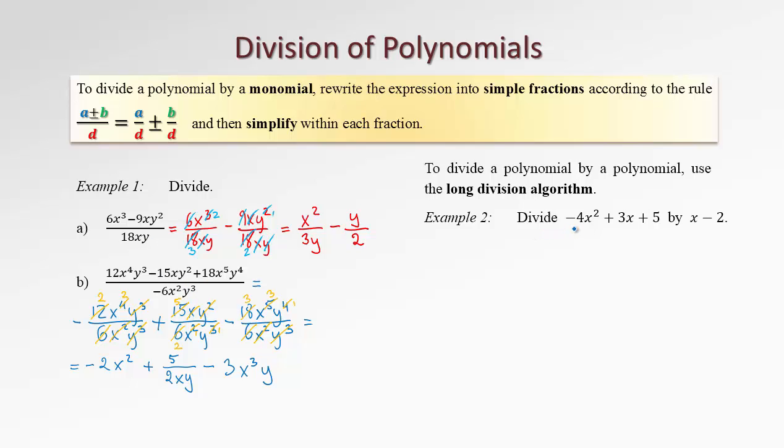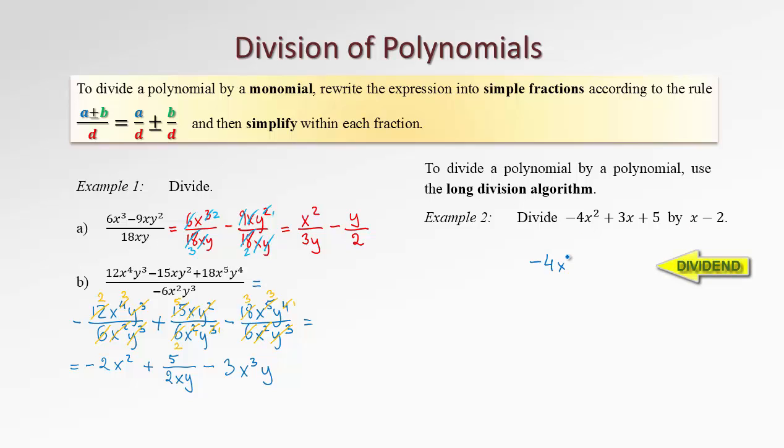However, if we need to divide a polynomial by a polynomial that has more than one term, we need to use the long division algorithm. This long division algorithm works nearly the same as long division just for numbers. For polynomials, each term will have a similar role as a regular digit in long division of numbers. So let's see how we divide this polynomial by x minus 2. The polynomial that we divide